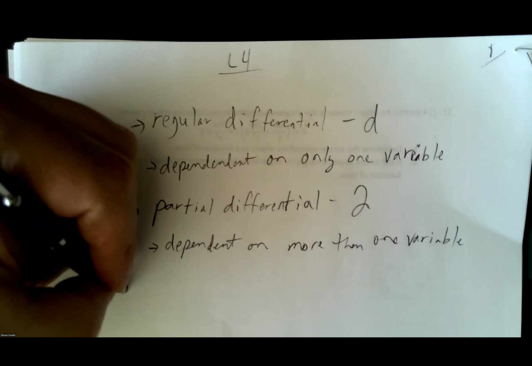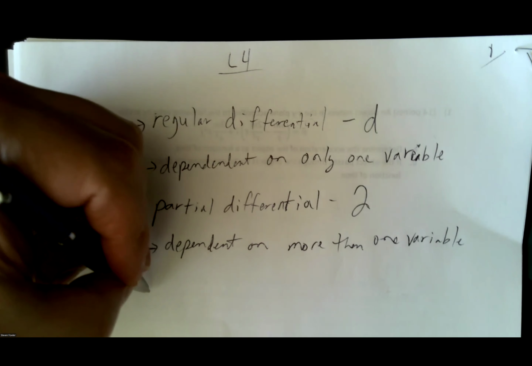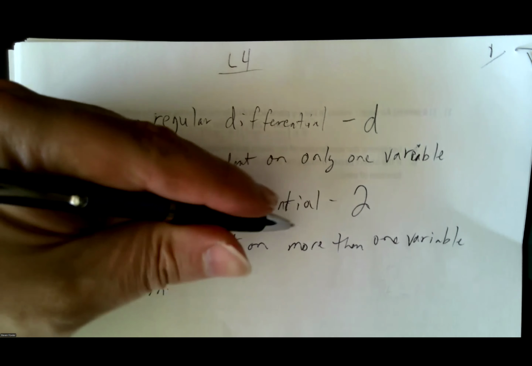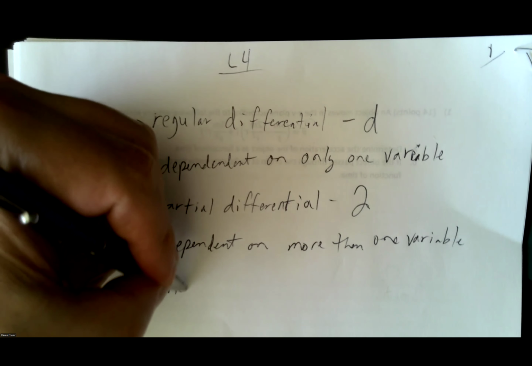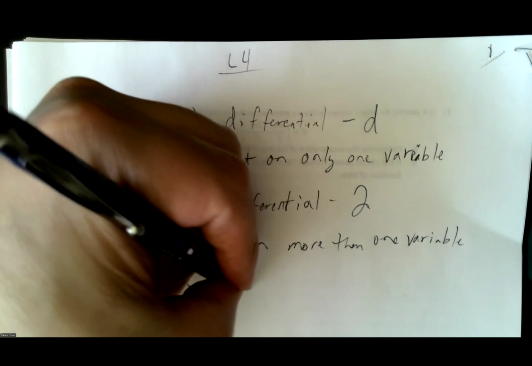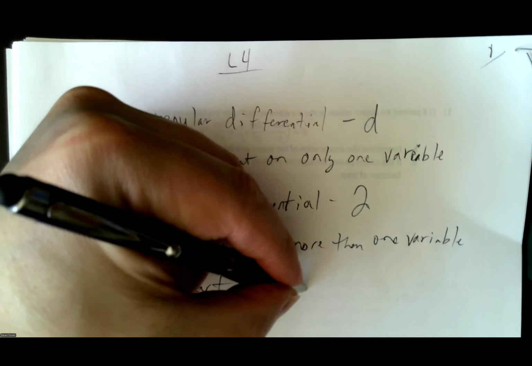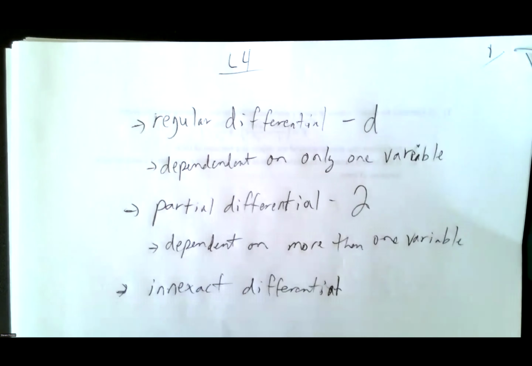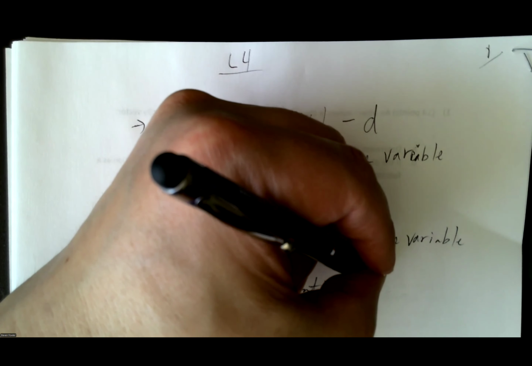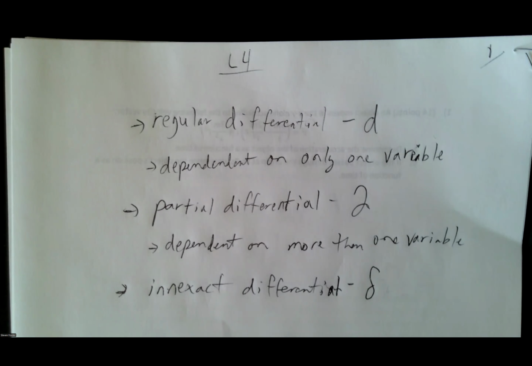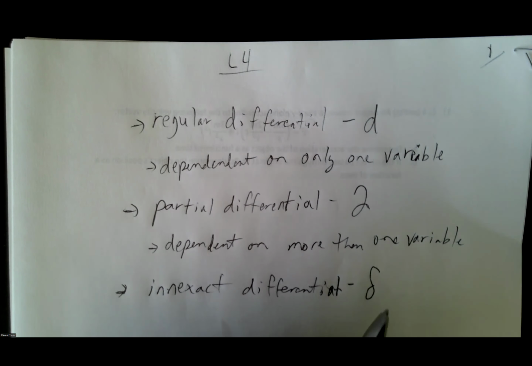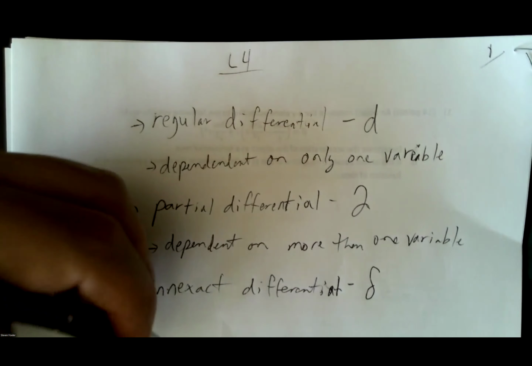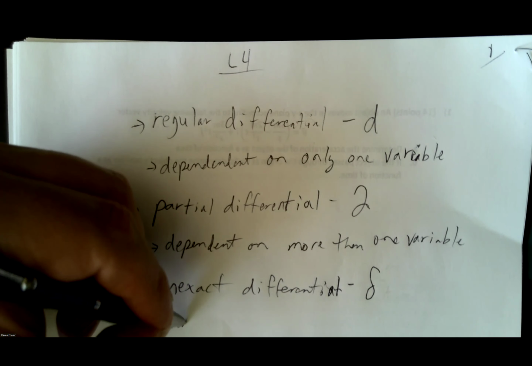In your text, when they refer to differential-sized quantities of heat and work, they may use a partial, but they might also use the inexact differential. So again, I give you kind of the crash course of this because it might be the first time you've seen these, and that's often some version of this. And I think that's about as close as I'm going to get to drawing it. This is maybe